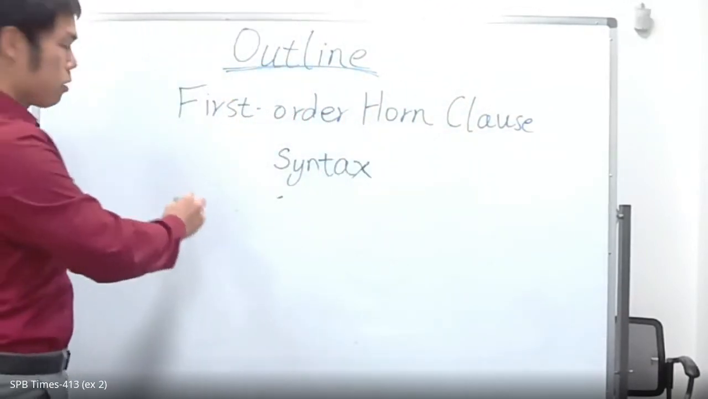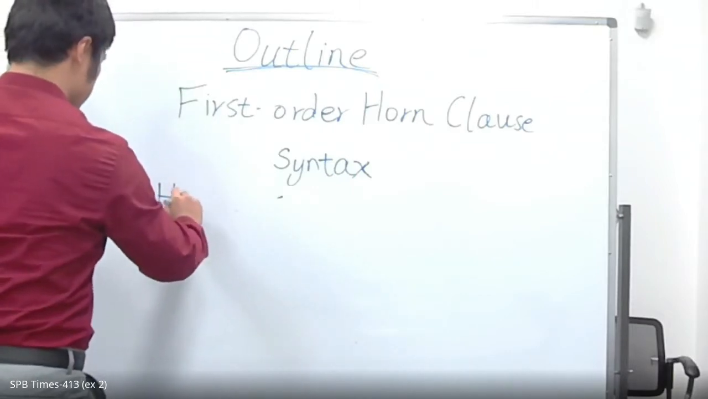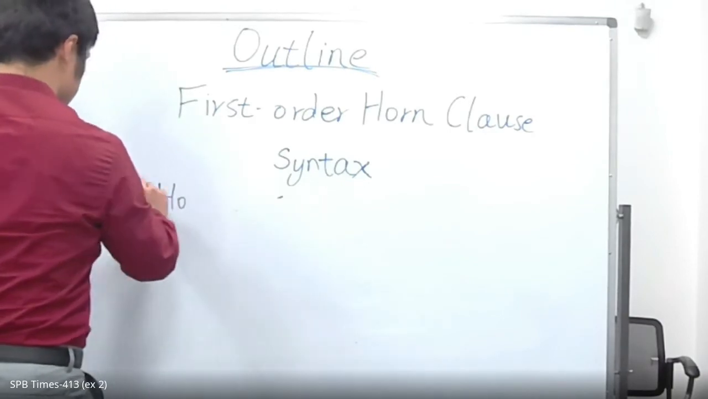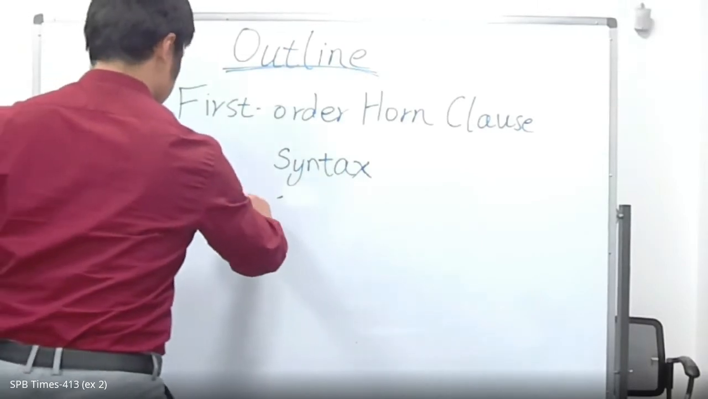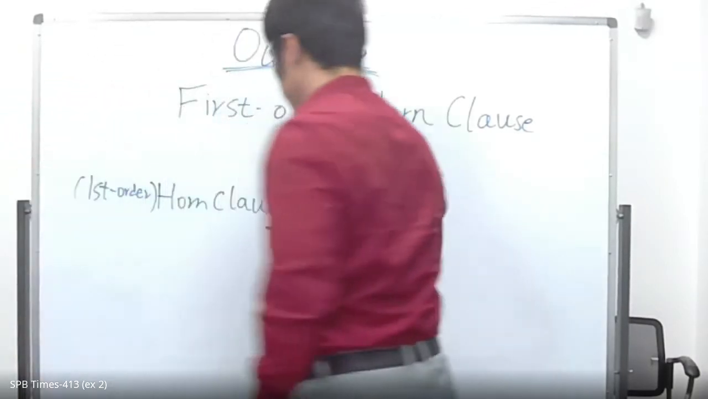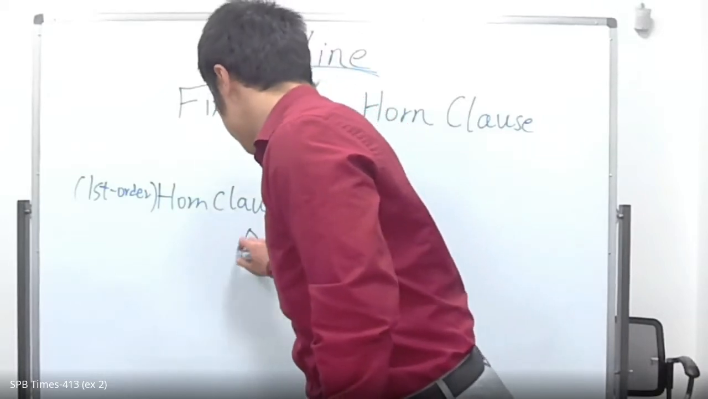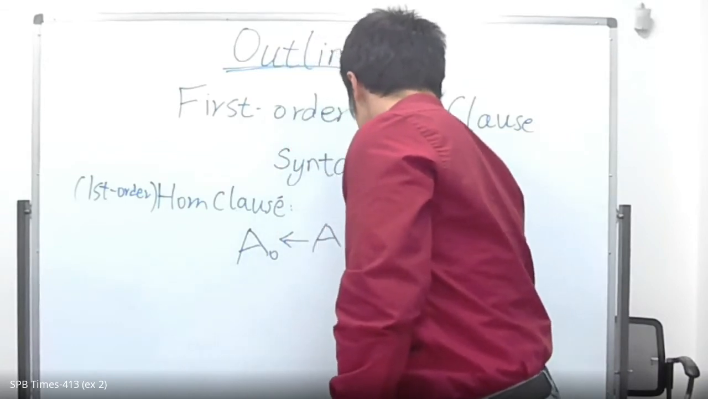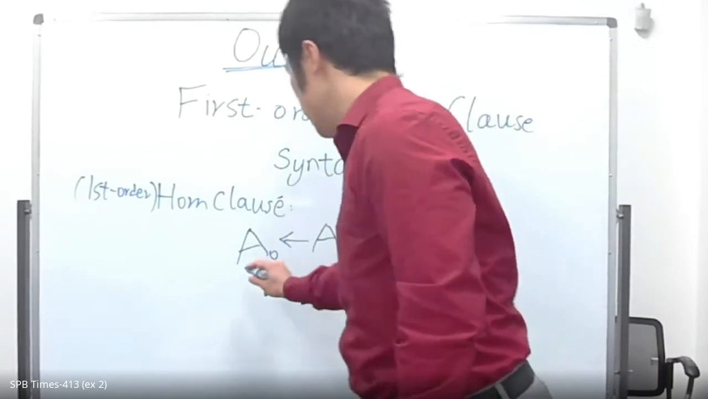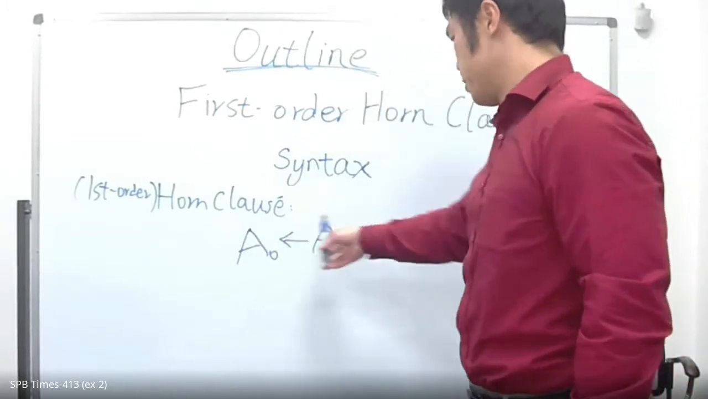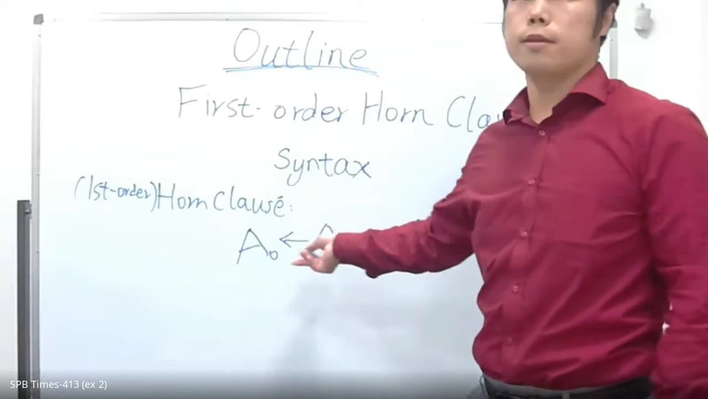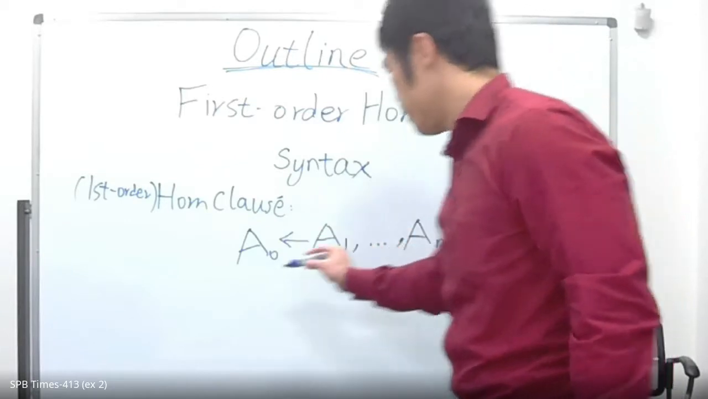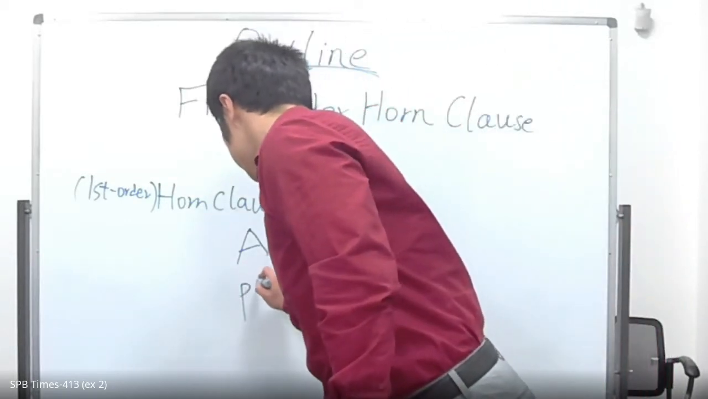By a first-order Horn clause, I mean a formula of this form. A is an atomic formula, and this is implication, and this is the conjunction of possibly zero atomic formulas. It means the conjunction of this part implies A0, and A is an atomic formula of the form predicate